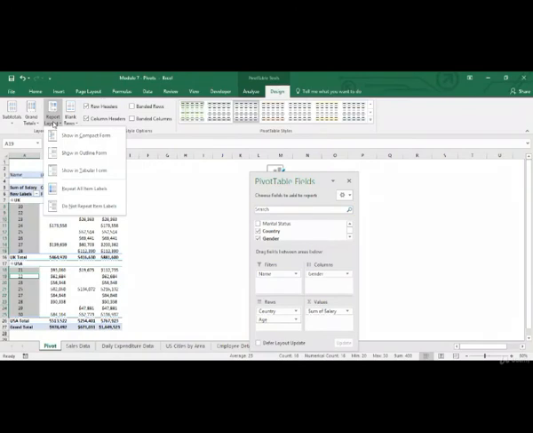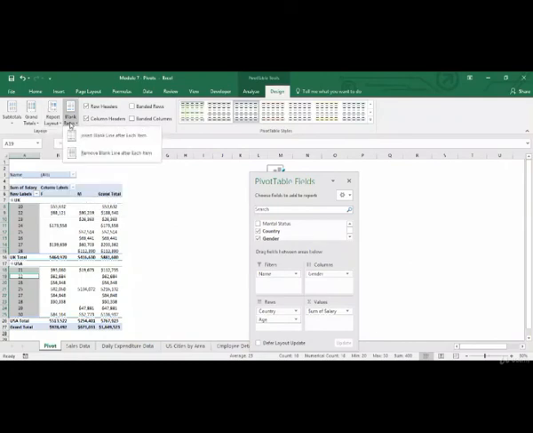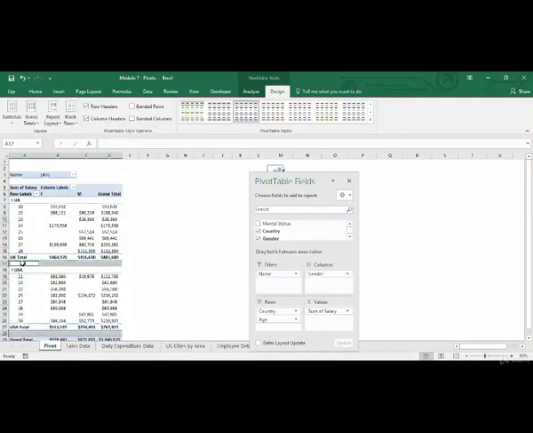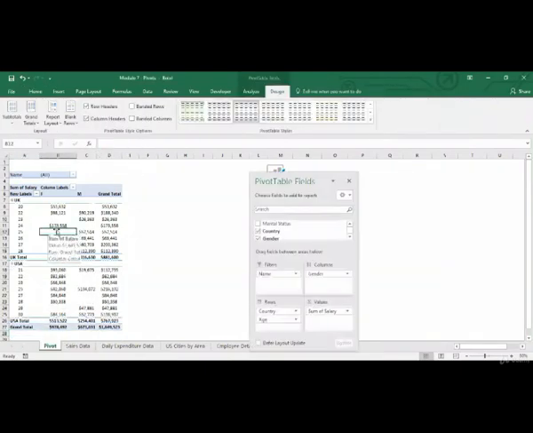Report layout, this is just about changing the layout, not going into it. Insert blank line after each item. So as soon as we are done with the UK, it inserts a blank total. Similarly after US, it inserts a blank total, but there is no need of it, so let's just remove it.